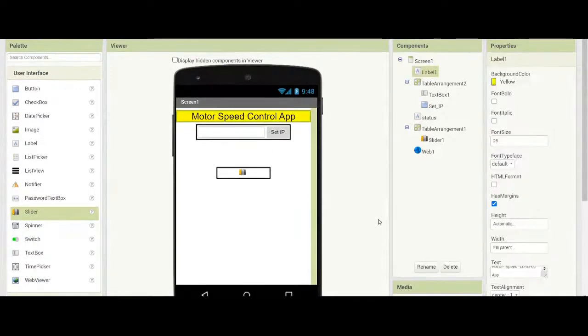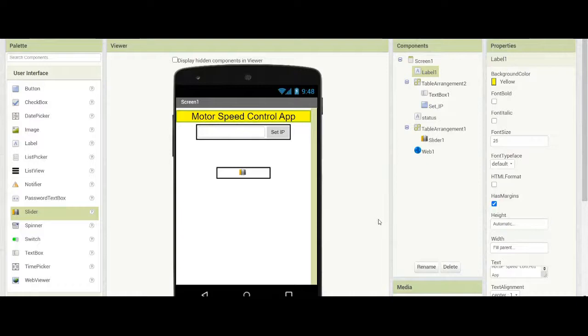So basically if you see in the last 2-3 apps, the concepts remain the same. The basic concept behind those apps is the same. The only thing that changes is the application. Once when you use a button, a single value is sent. When you are using a slider, you have a range of values which you can send. So for things which need a range of values, like the speed of a fan, the most basic example, or the intensity of a light, these kinds of things can be controlled using this slider.